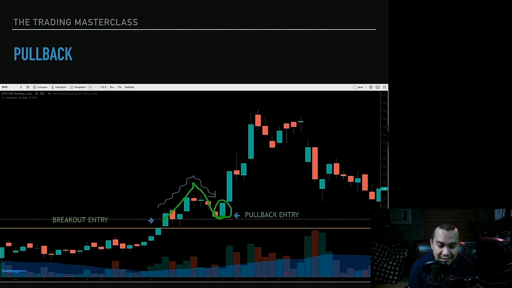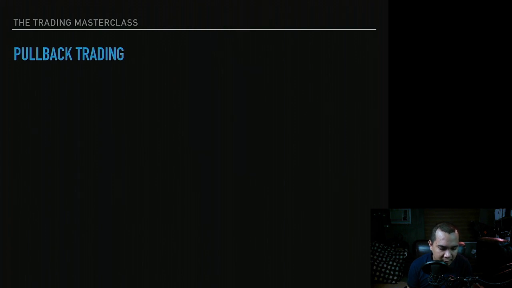So that's usually the signal for you to buy, and if you bought the pullback, that is your gains right there. After a breakout, when a breakout happens, usually there is a change of trend, and that's already an uptrend. You want to catch an uptrend, not on the top, but on the pullback. Let it pull back and then give you a bounce. That means that it is already starting to go to its original trend again, and that is where you enter.